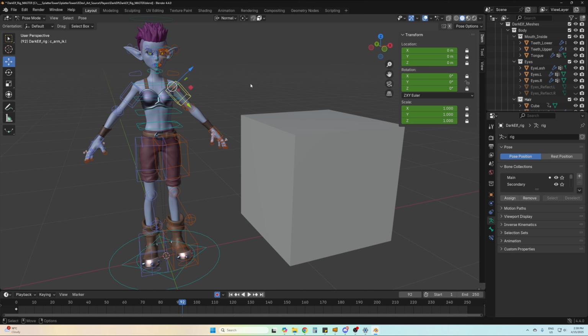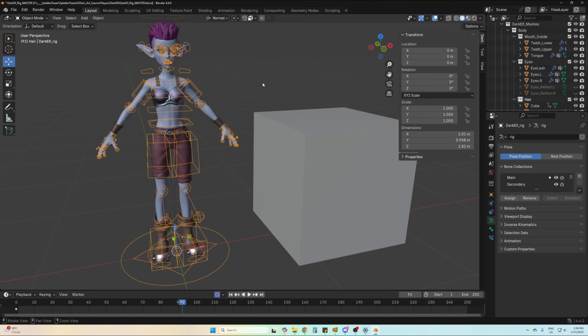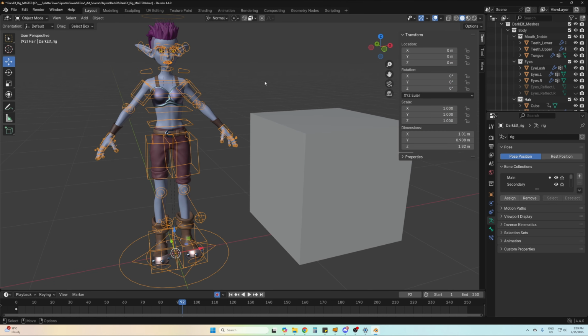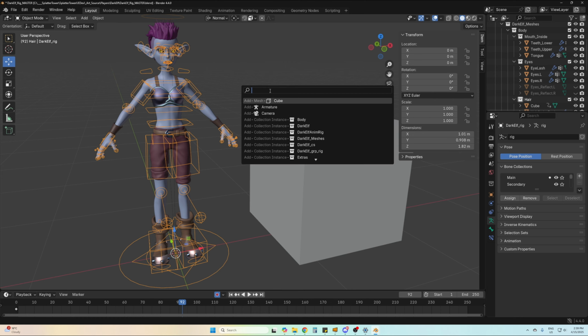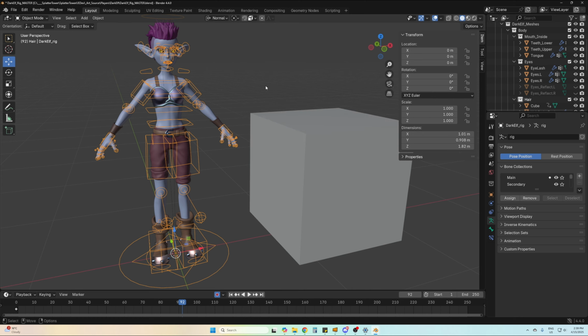So this is not really ideal. Press 5 and then you have to go back into object mode, and if you want to quickly switch, it's not very nice. And then your Tab button suddenly becomes this search and add feature,